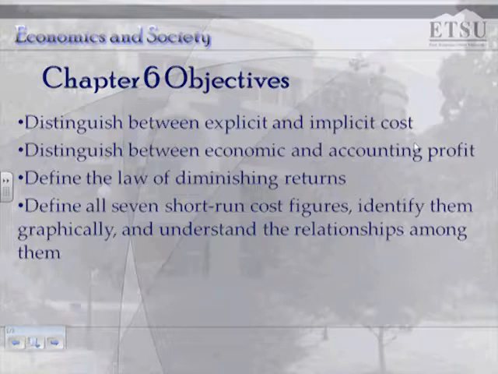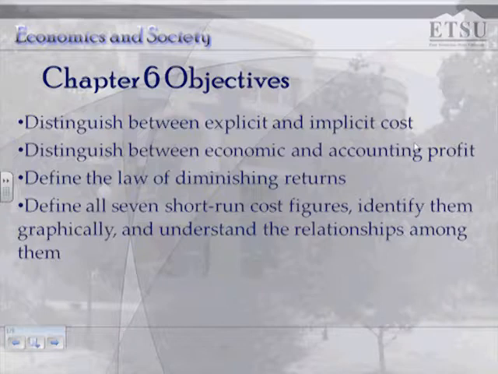We're going to start out thinking about the firm's production cost. We're going to make a distinction between explicit and implicit costs and see how that leads to a discussion of the distinction between economic profits and accounting profits. We'll define those and see what the big difference is. We're going to talk about the law of diminishing returns, returns to an input in the production process, and take a look at the short-run cost curves and be able to identify them and see how they